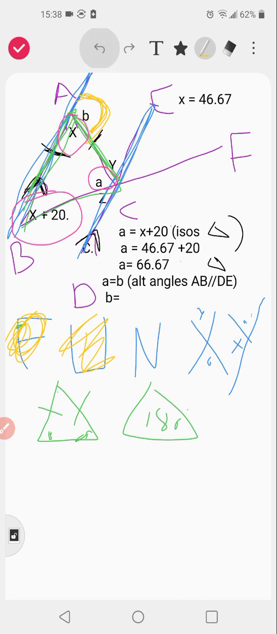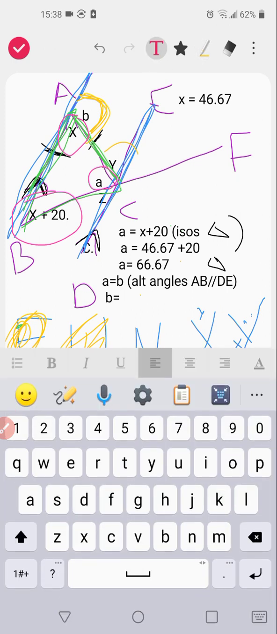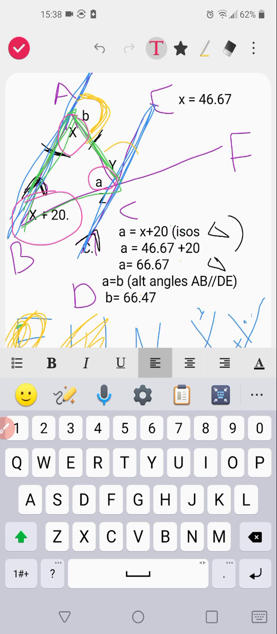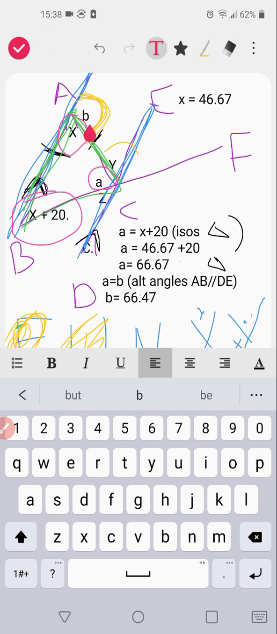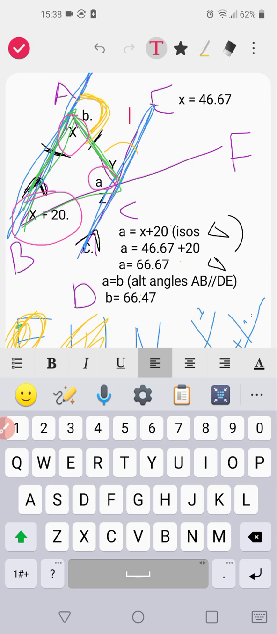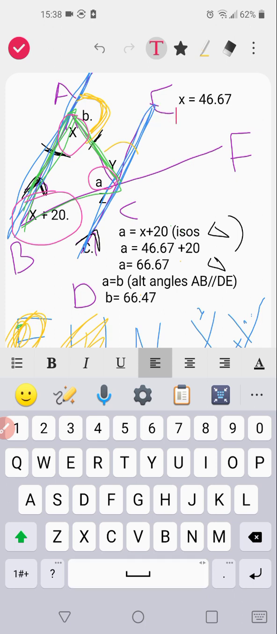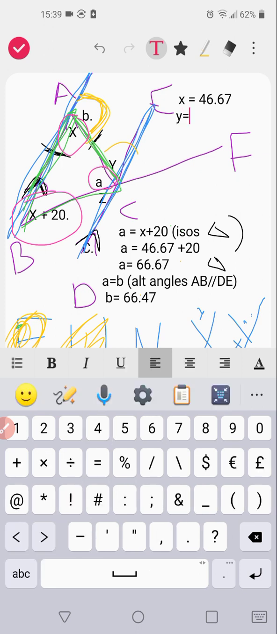So let's get rid of some of these things. So our x is 46.67. So our y is going to be exactly the same. All right. And our reason for that is also alternating angles. I'm going to write it here by the x because why not? Because it's the same. So y equals x,